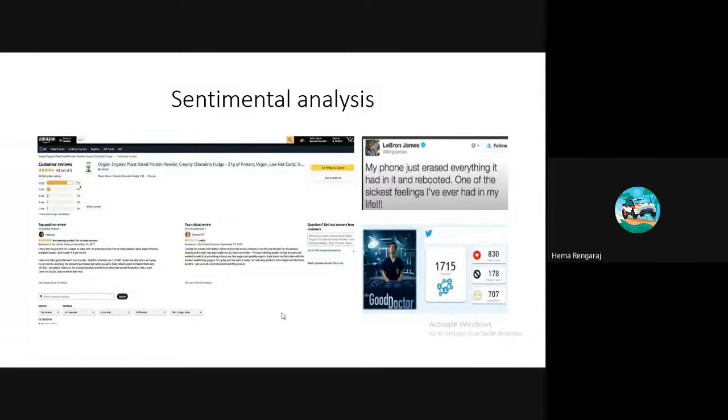So where does sentiment analysis come in? How do we perform sentimental analysis? It is a way to identify the tone and emotions expressed through written or spoken online communication, whether it be written or oral online communication.